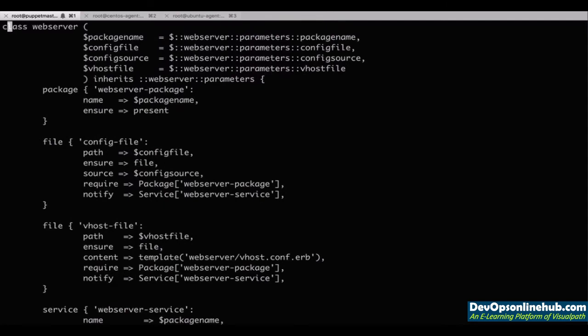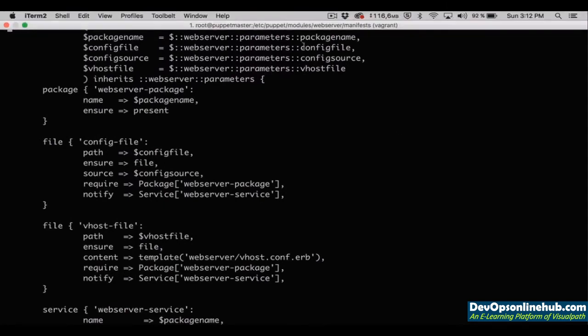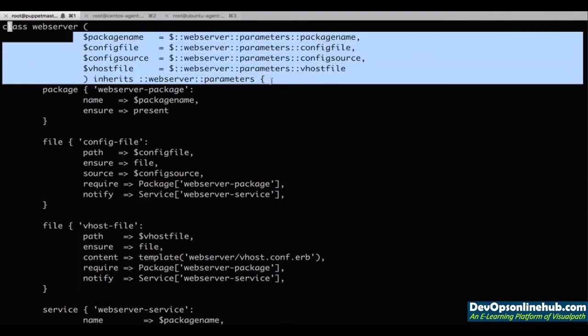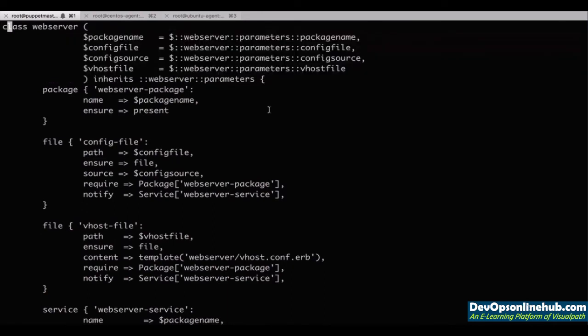The new configuration states that the Webserver class is now accepting parameters from the Webserver parameters class. We have saved the remote parameters in local variables inside the braces and mentioned that this class inherits the Webserver parameters class. Next, we have changed the identifier names of the resource definitions to generic names such as webserver-package, config-file,